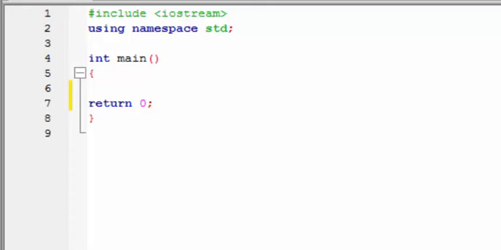Alright guys, welcome back to this C++ video tutorial, and in this tutorial we're going to be talking about the continue statement. Now before we do that, I've just realized that the updated version of C++ can still perform an